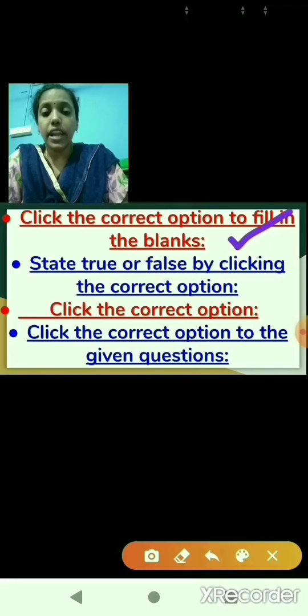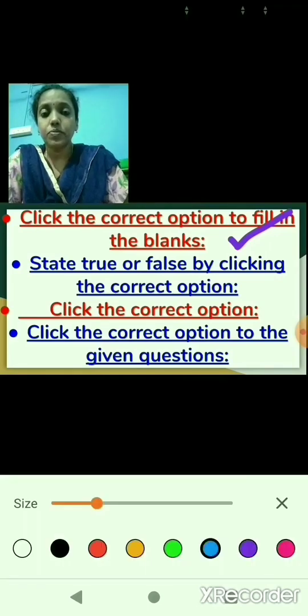Now the second head question here we have is, state true or false by clicking the correct option. Here the statement will be given, children, and you have to identify whether the statement is true or false.